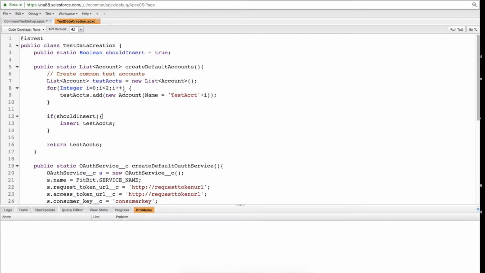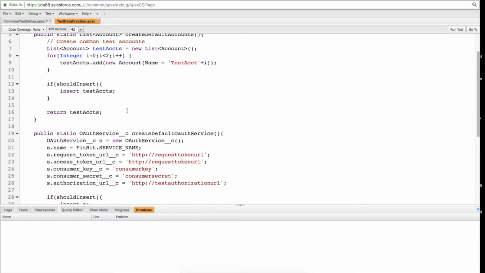So what this is going to do is create a standard list of accounts that we need for our tests in our common test setup class. It's going to create all of our accounts. It's going to check to see if our class level static variable shouldInsert is true. If it is, it's going to insert those, and then return them in the method. So the great thing about using, say, a test data creation class to make all of our data available,